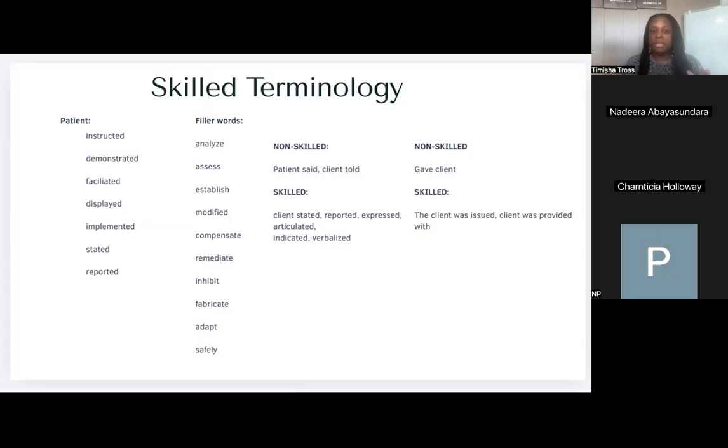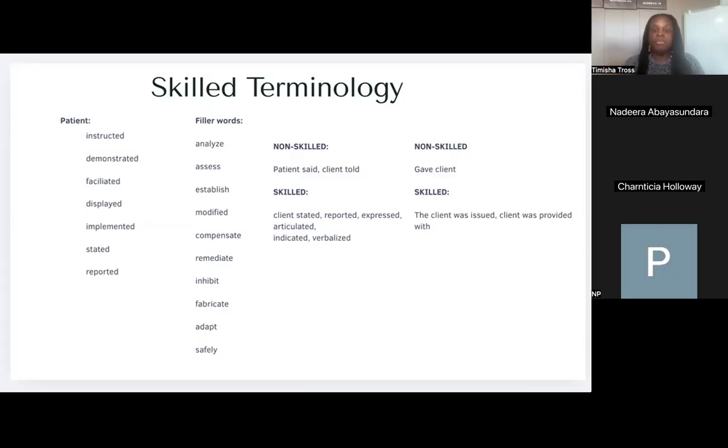Now, when you have to do with anything that's non-skilled versus skilled, there is a way that we write it, right? So if you are looking at terminology and the terminology just says patient said or client told, that is actually considered non-skilled. So instead of saying patient said or patient told, it's better to say patient or client stated, patient or client reported, patient or client expressed, patient articulated, okay? Patient